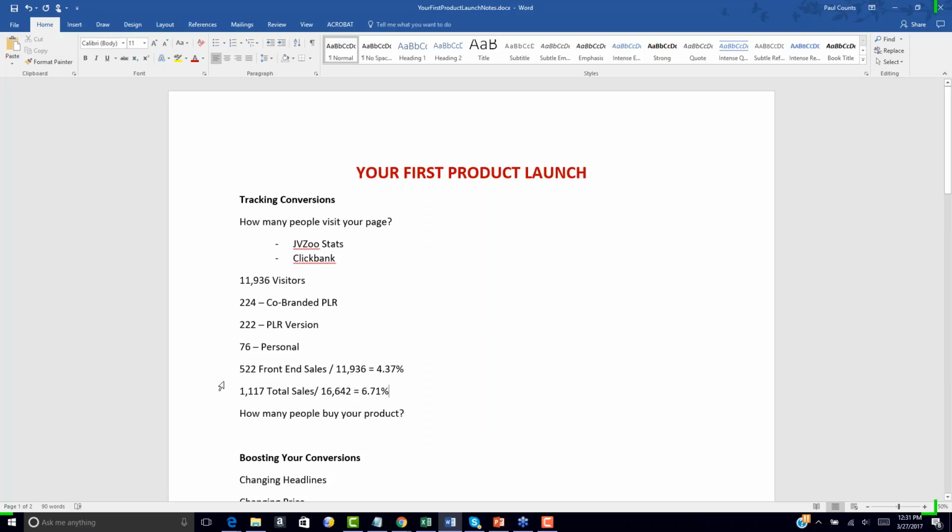So again, you're taking how many people visit your page divided by how many people buy your product. So knowing your numbers is important. Keep this in mind. I'm going to make a note of this. Good conversion rate or average conversion rate. And again, it varies by niche, but the average conversion rate that I've seen over the 100 plus info products that